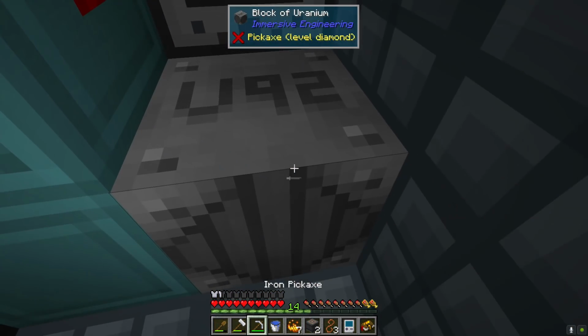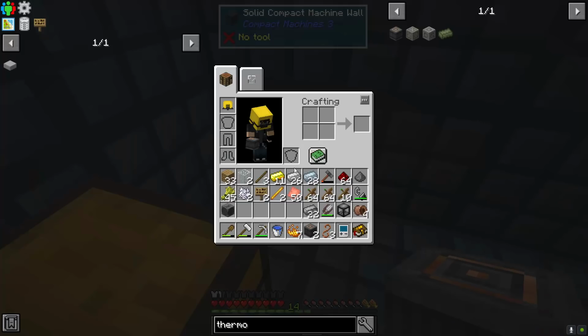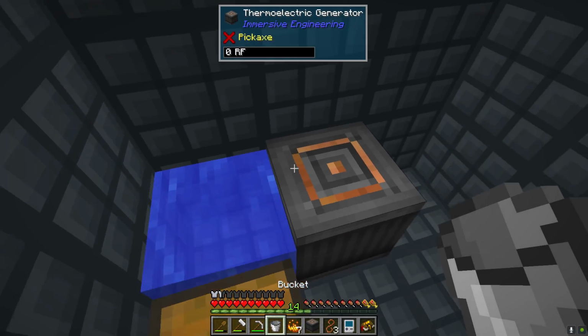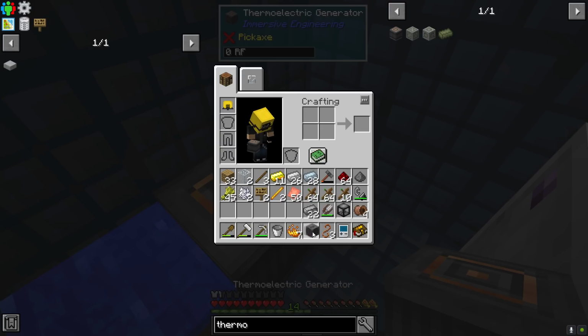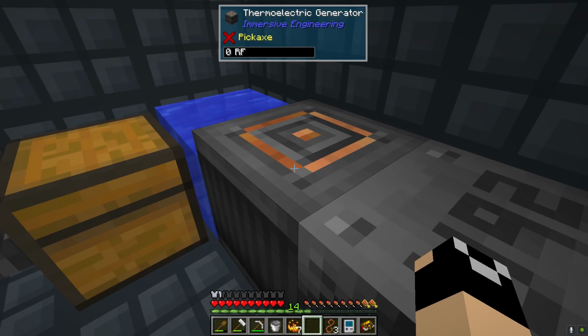Pop over here. We're going to grab that. And we're going to grab our block of uranium. For right now, what we're going to do, we're going to put our thermoelectric here. We're going to put our water here. And we're going to put our uranium here. So that's going to be